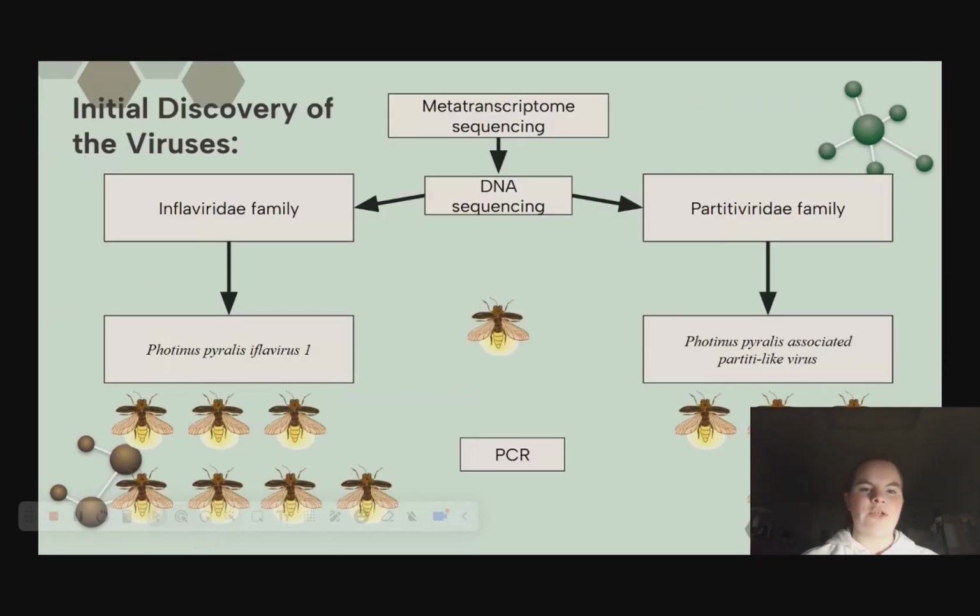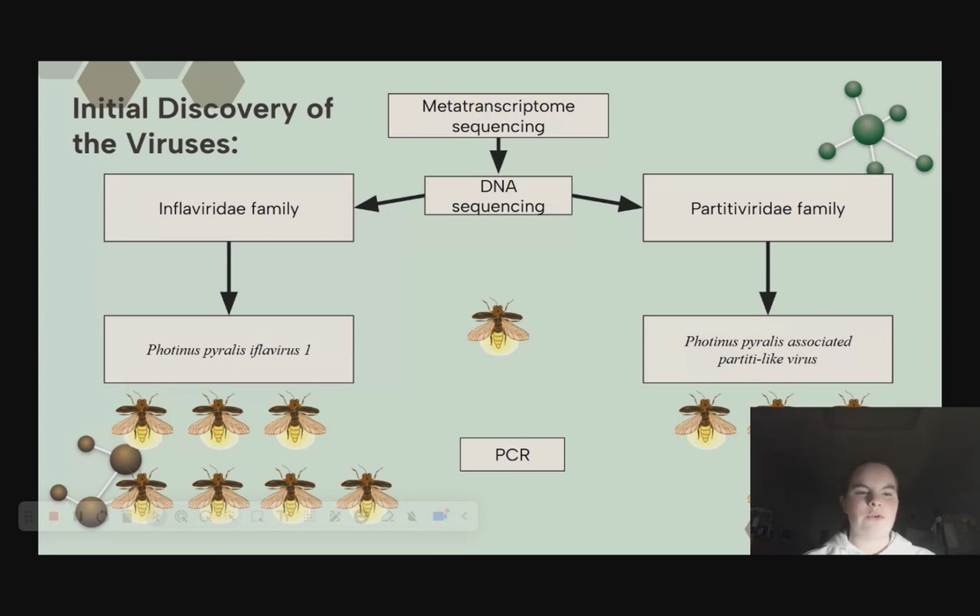After using metatranscriptome sequencing, which gave researchers a map of what was in a specific type of code called RNA, they concluded that there were certain viruses there that came from other virus families and not in the particular family that infects the firefly. Next, they did DNA sequencing, in which they created another map of another type of code called DNA,